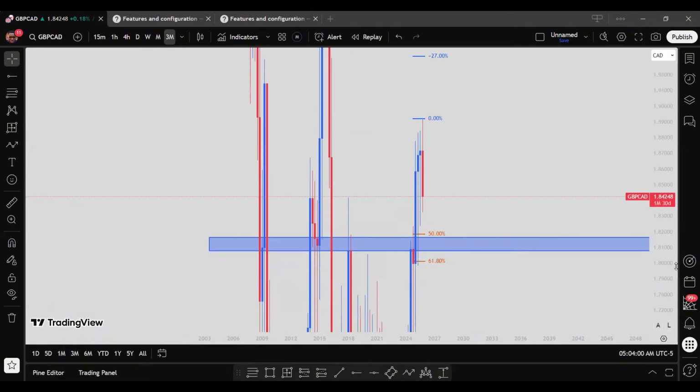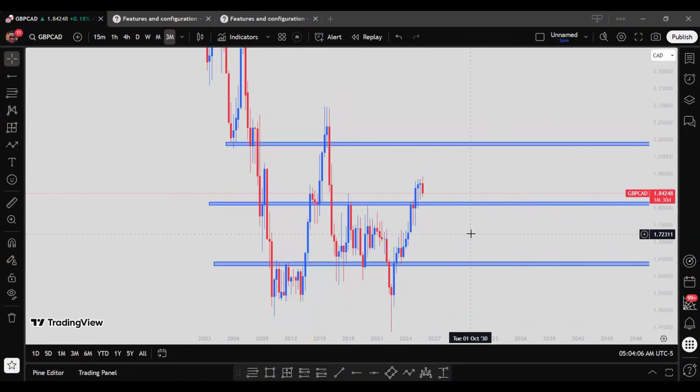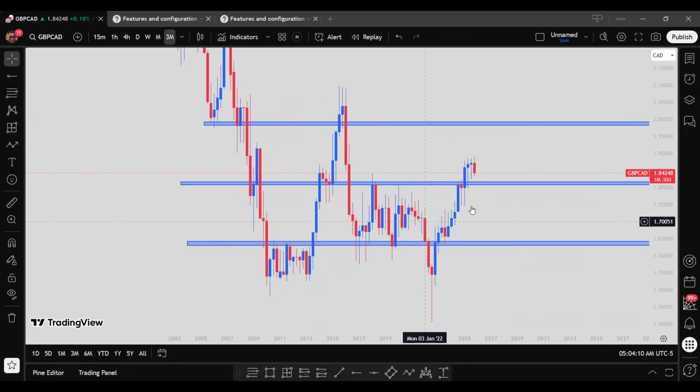Sorry, GBPCAD. Yeah, so let's look at GBPCAD. So now we have these key levels here. Looking at it on the 3 months time frame, we have all these key levels here based on